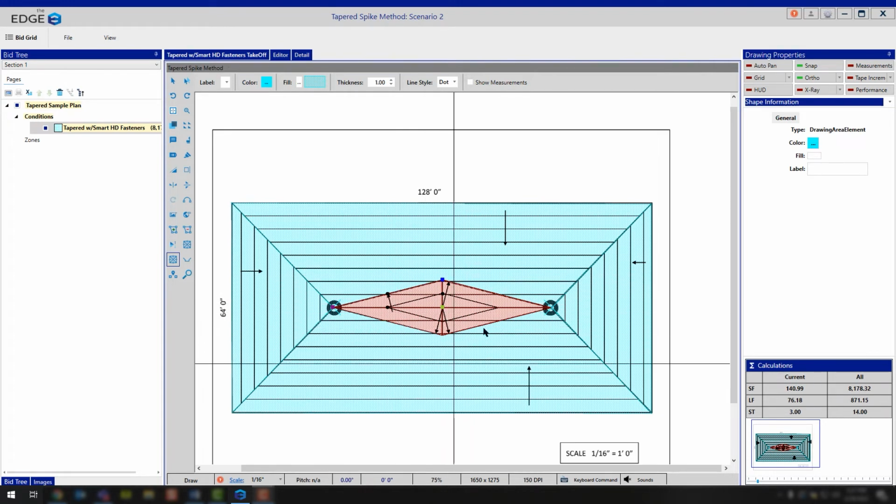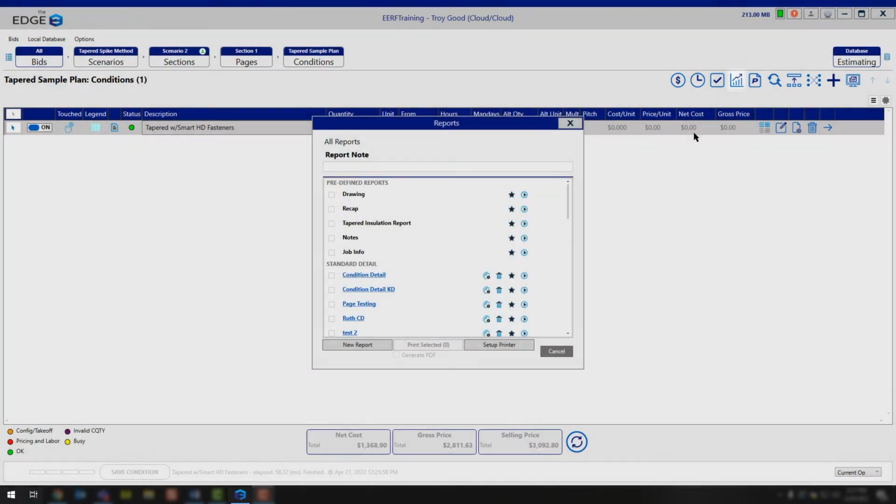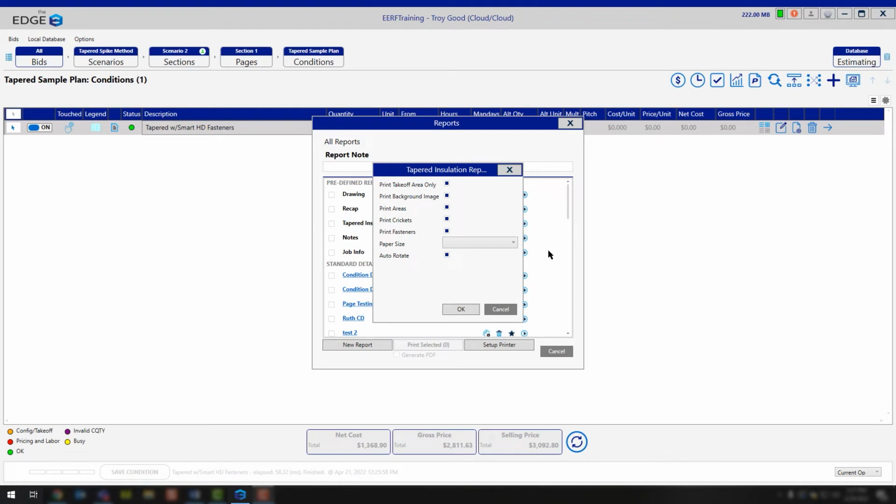So we've drawn in our tapered, but what does that look like when we go out and look at the report? Well, simply click on VidGrid. Here you can have your tapered condition, and I'm going to mark that tapered condition just to show us only this in the project. Then I can click on my reports icon, and you'll notice that I have a tapered insulation report. Simply click the play button to preview that tapered insulation report, and now you can go in and make some